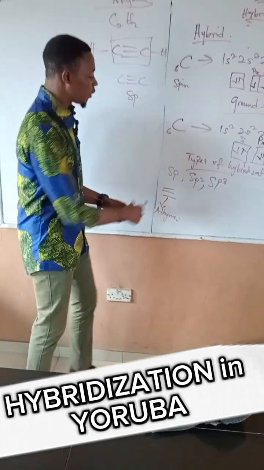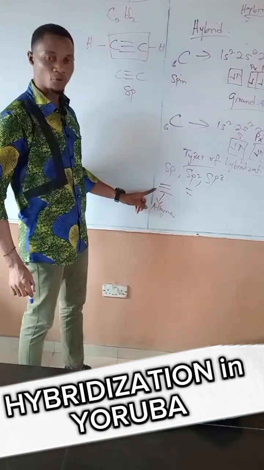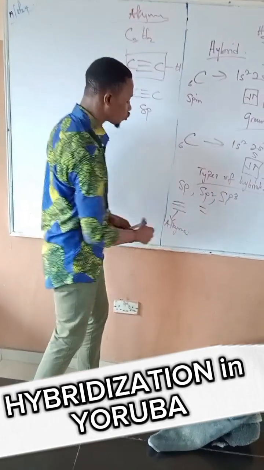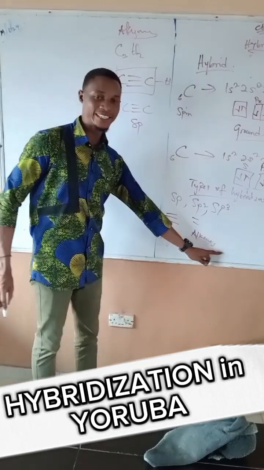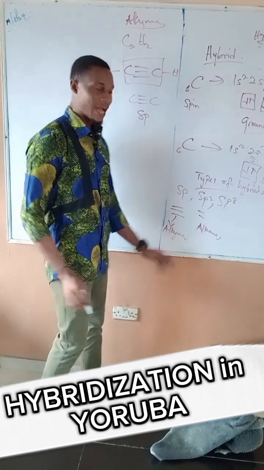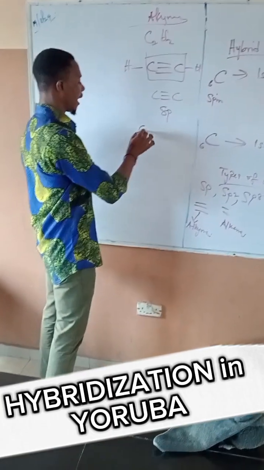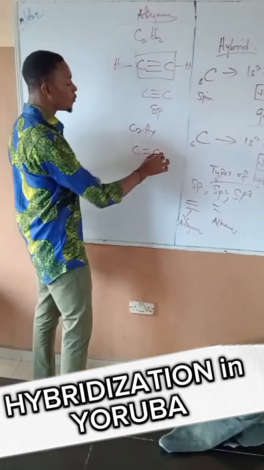In this case, we can have this one to be double covalent bond. This is triple covalent bond. This is double covalent bond. And we can have this one to be in alkenes. An example of an alkene, we have it to be ethene, that is C2H4. We have that to be double bond.